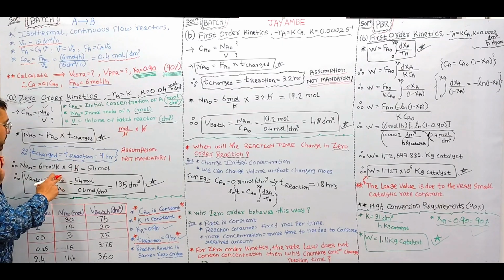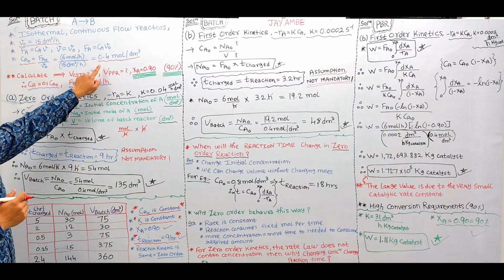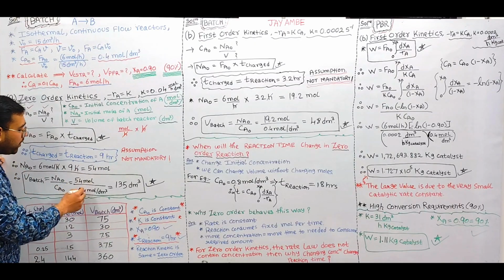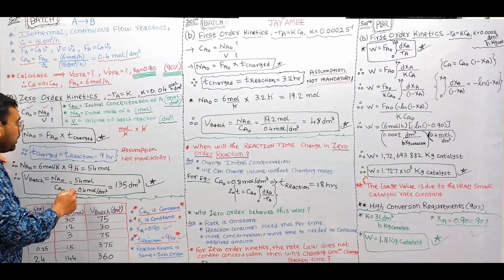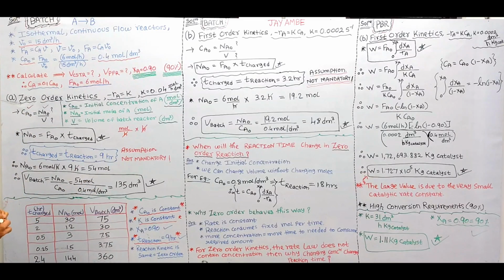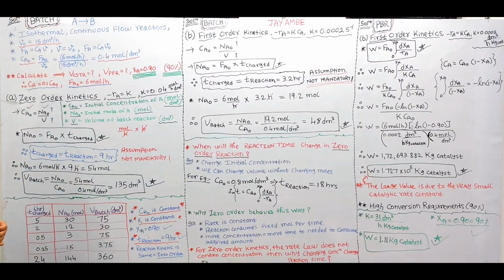Now by substituting the values of initial moles and initial concentration, the initial moles is 54 moles and the initial concentration is 0.4 moles per cubic decimeter. So from here, 54 moles divided by 0.4 moles per cubic decimeter. From numerator and denominator, we can cancel out the moles. Finally, by calculating, we get the answer as 135 cubic decimeters, which means in order to achieve the 90%